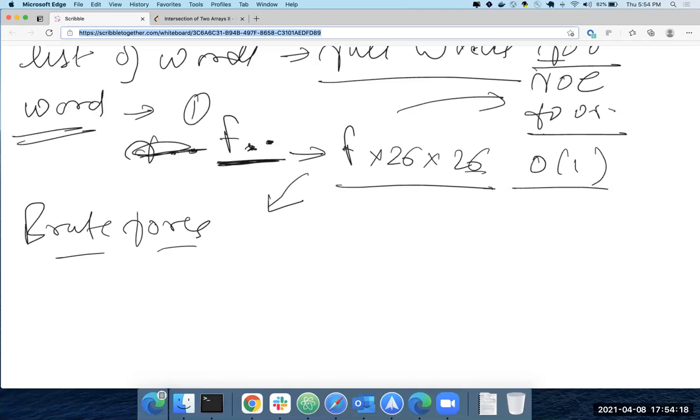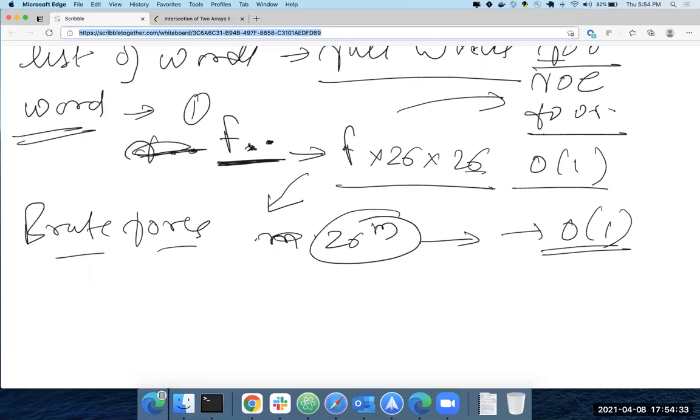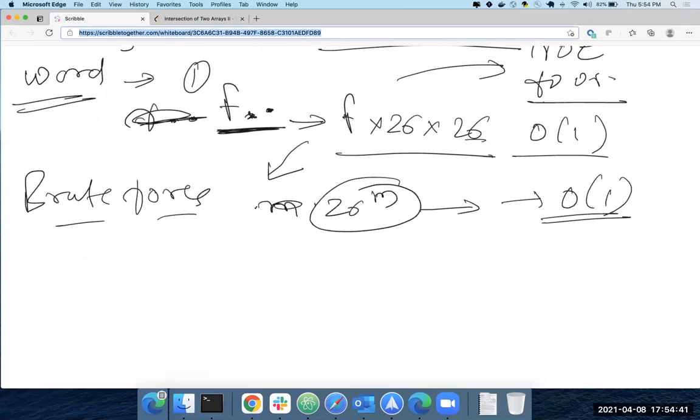If the number of dots is m, this becomes 26 to the power m, but checking in the dictionary is just O of 1. Is this thought process clear to everyone? I'm just talking about brute force here.